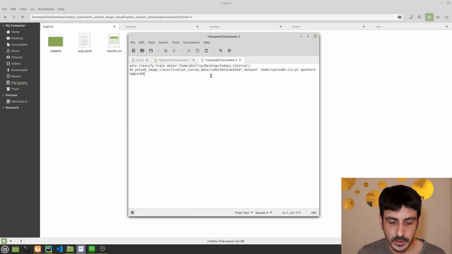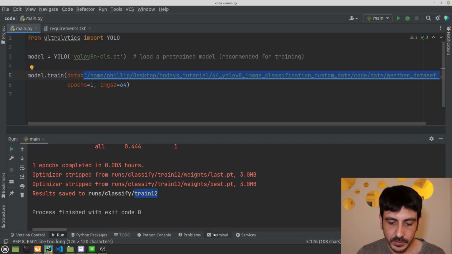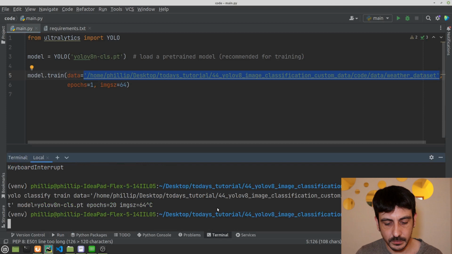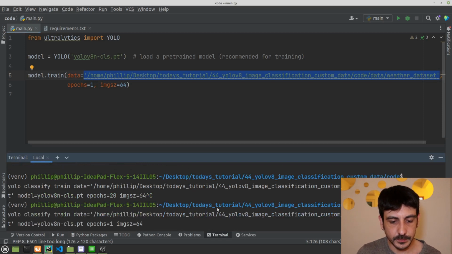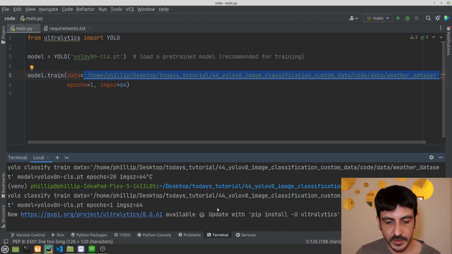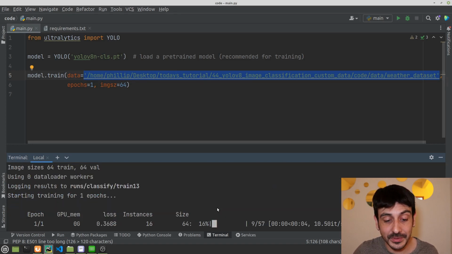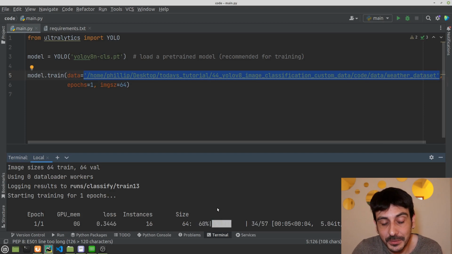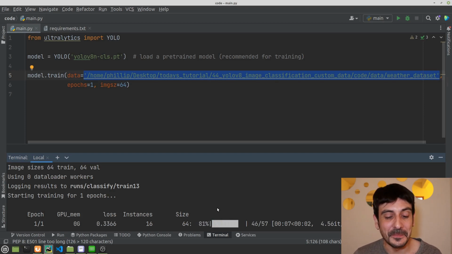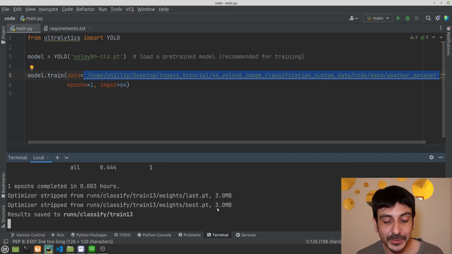The only thing I need to do now is copy and paste this sentence into the terminal, and I'm going to do something like this, right? I just copy and paste that sentence, and you can see that that's all we need to do in order to train this image classifier using YOLO V8. You can see that the training process has started, and everything is running super smoothly. That's all, right? That's a very quick and very straightforward way to do this training.